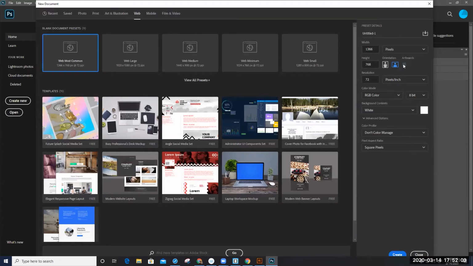And everything else here, just want to make sure that your resolution is set to 72. And your color mode is RGB, something you should always think about as you're designing. So here is where I'm going to start for my initial